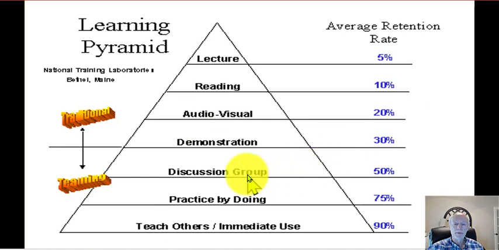And of course, discussion group around 50%. If you practice it, which is how you learn anything, is to just get in there and start doing it, if you practice doing accounting, you'll probably retain about 75% of it. And of course, the best way to learn anything is to try to teach it to other people. If you do that, you'll get about 90% retention. But we're going to shoot for this 75 here.